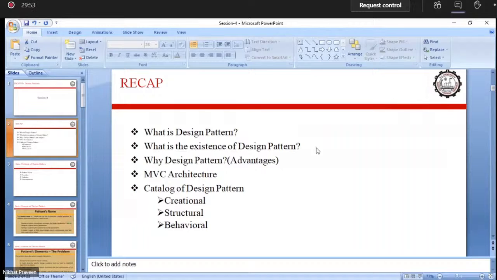What is behavioral? But just understand the design pattern. When we are going for the design pattern, it is going to provide you a catalog of the design pattern, a catalog of the solutions. I said that there are 23 types of design pattern. So 23 types means the 23 types of solutions we will be having for every